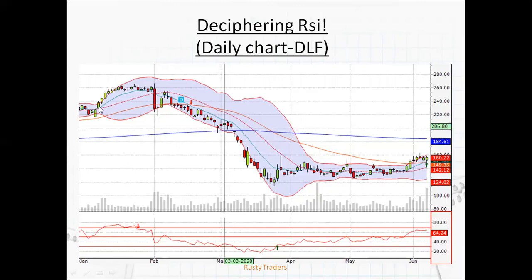So if you would have sold here, probably you would have been caught unawares and the stop losses would have got hit. Always put the stop losses. So on the daily chart, I got a sell signal here. Once it retraced below 70, I initiated my short here. Mind you, this is a daily chart of DLF.